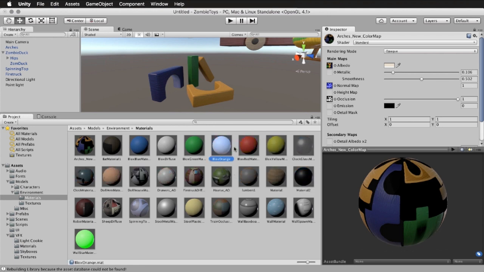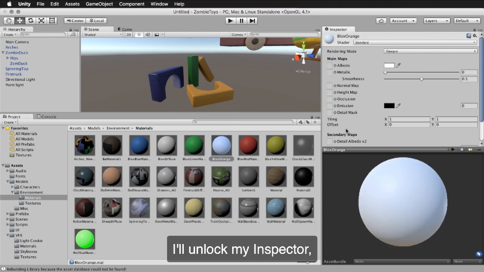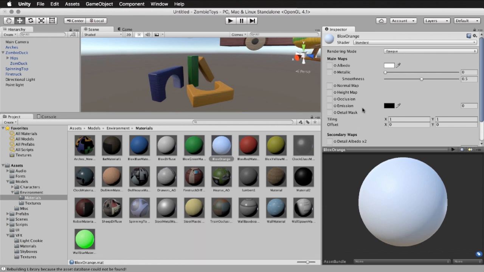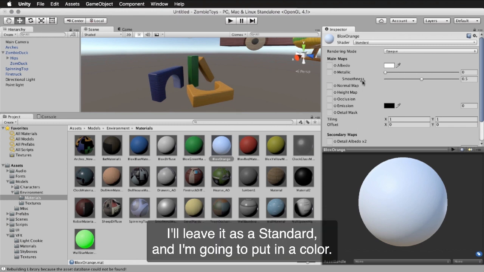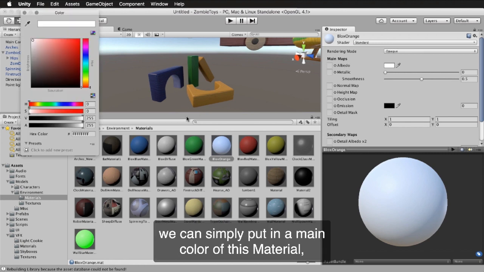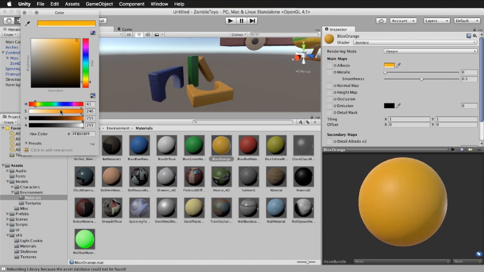Now that I've got this new material created, I'll unlock my inspector. And there's the new material, ready for adjusting. I'll leave it as a standard, and I'm going to put in a color. If we don't have a map coming in, we can simply put in a main color of this material. Again, clicking on that color swatch and selecting the color. I'll put in a good vibrant orange,